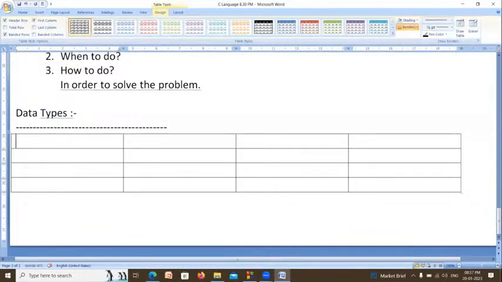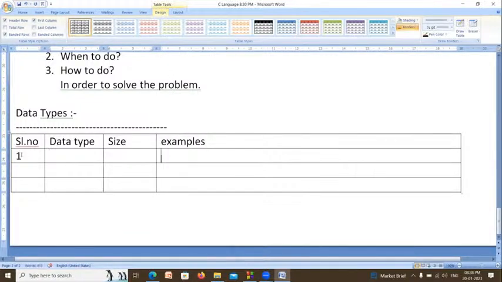Now I will explain the data types: what is the size of each data type, and what are the examples? Totally, how many data types are there? The C language supports 4 data types.